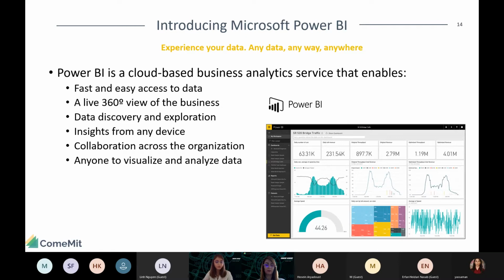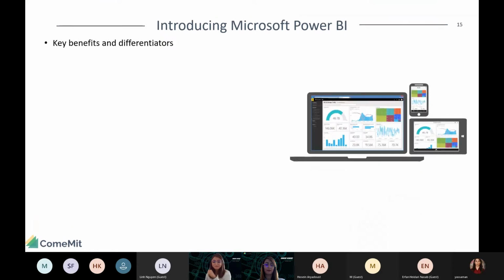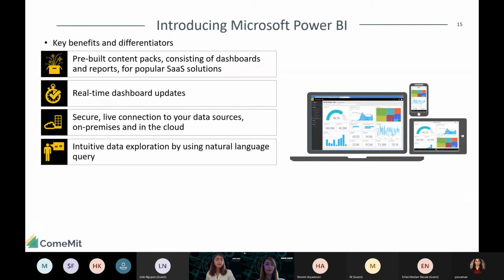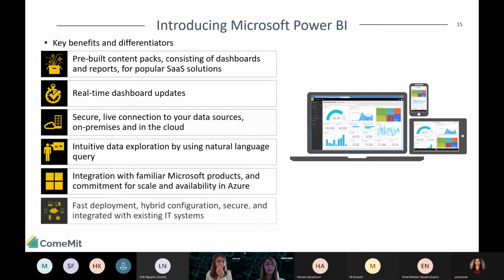You create the infrastructure and the base, and you give them this power to, okay, hello, my dear CEO, you can now drag and drop and select your filter, and you will see whatever you want to see. And he will be like, oh my God, it's so good. But believe me, it's a very long process. So key benefits and differentiations about Power BI.